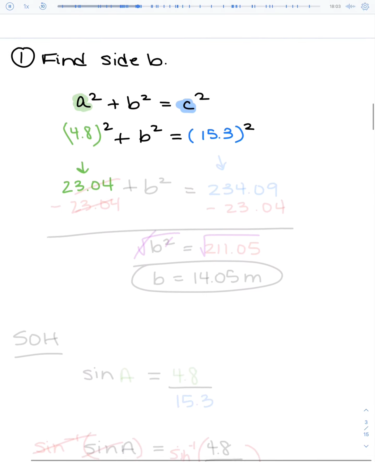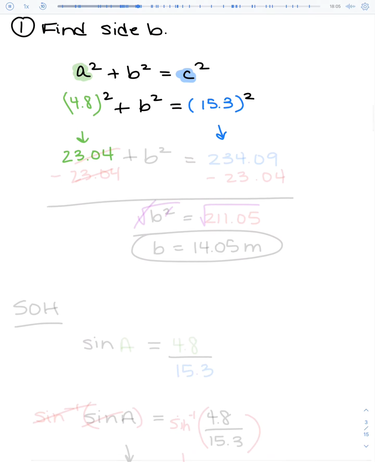When we square the 15.3, we get 234.09. We've got our b squared here. So then we can solve for b by getting b by itself, which means we need to subtract the 23.04 from both sides, at least to get started, so that the b squared will be by itself,